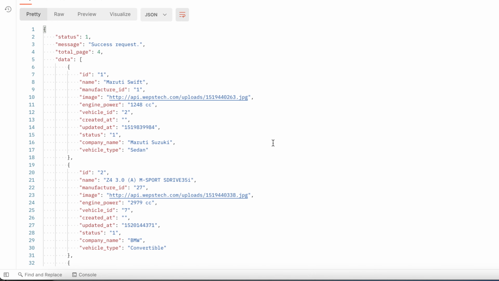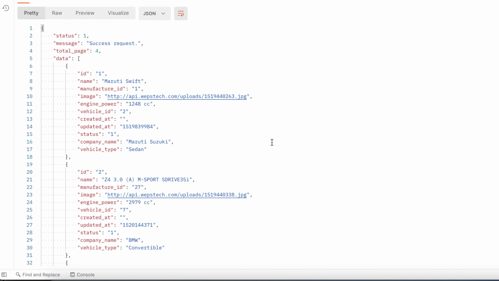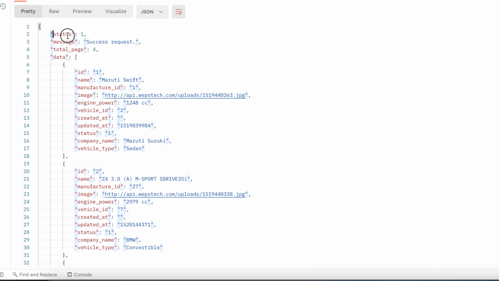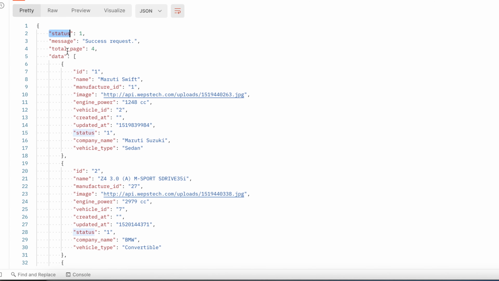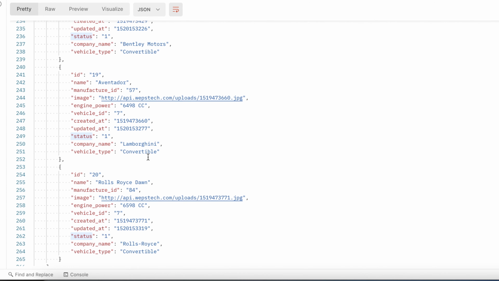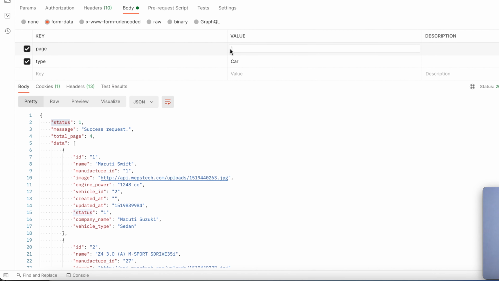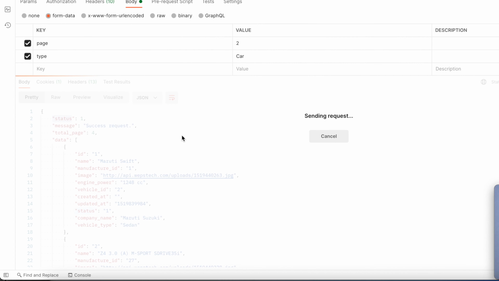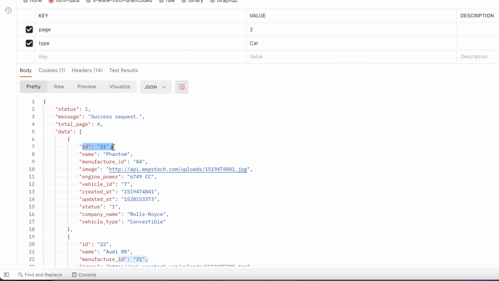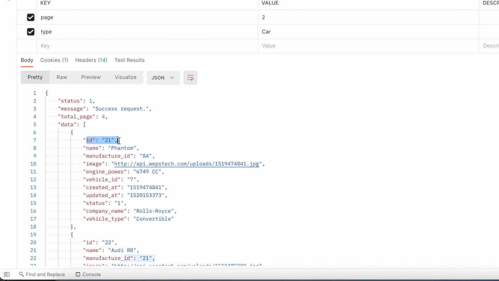For integrating pagination into your UI collection view or UI table view, first you have to understand the output of your JSON object. Here you can see I have this JSON object. Here I have status, message and total number of pages. In one page I am getting, I think, 20 results. If you increase the page number, here you can see I am putting page number 2, then another page of results will come which will start at ID number 21. So how do we bind this data and build it into our UI collection view? Let's begin with that.